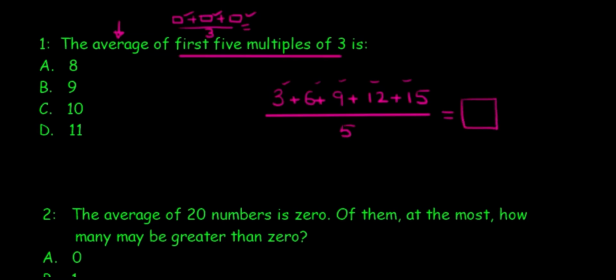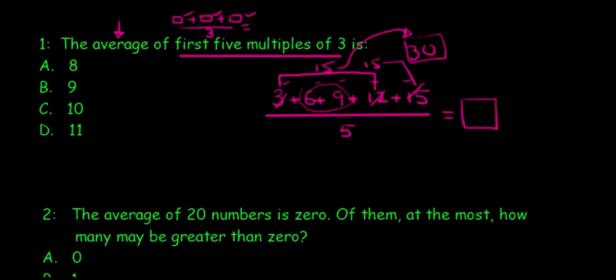Well, I want to be a bit smart with the addition. What I would say is 3 and 12 is 15, and 15 is 15, and 15 is a 30. That's done. 9 and 6 is a 15, and 15 and 30 is a 45. You're free to add whichever way you like. The reason I like to show you the way that I'm doing it is just to show you how I'm trying to do a bit of mental math in a quicker fashion. Work with whatever is quickest for you.